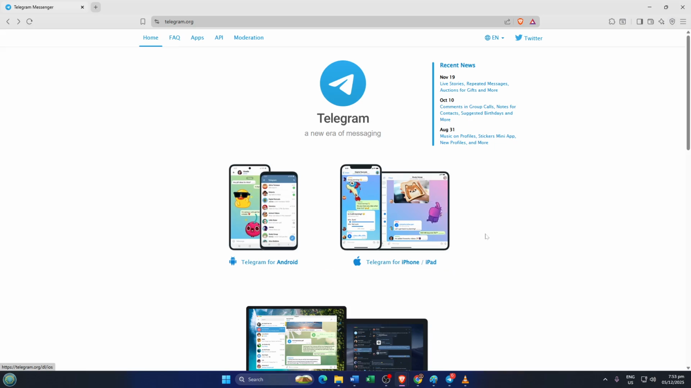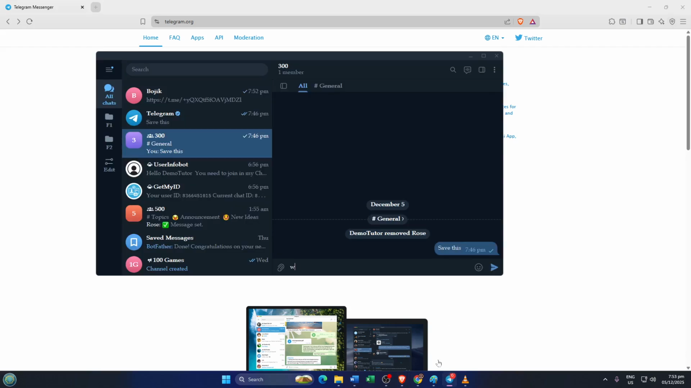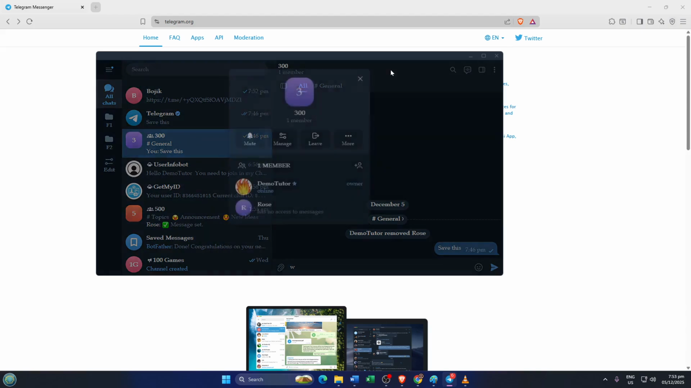Alright, let's get started. First, let's tackle how to make someone an admin in a Telegram group. Begin by opening the group chat where you want to add an administrator. This step is pretty straightforward, but make sure you're opening the correct group, especially if you're active in several. Once you're inside the right group, tap the group's name at the very top of the screen. This opens up the group info page, which gives you lots of useful options and an overview of the group's